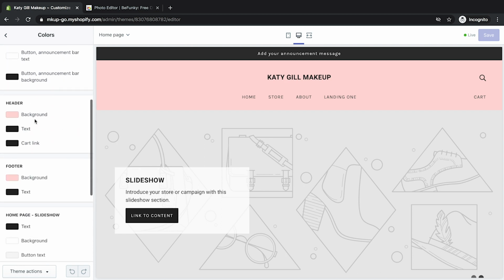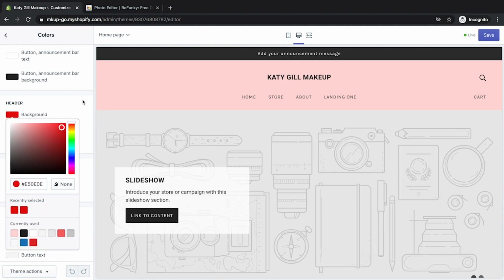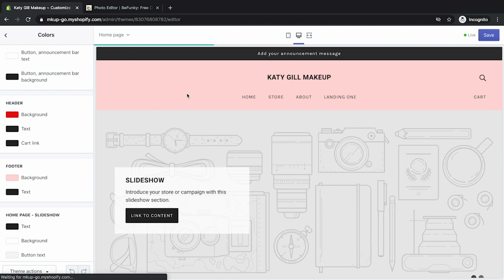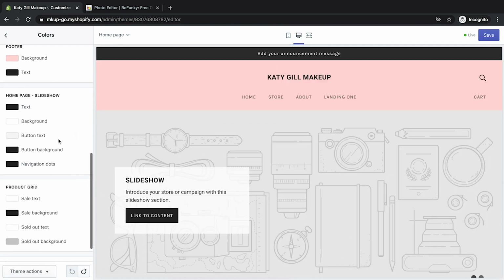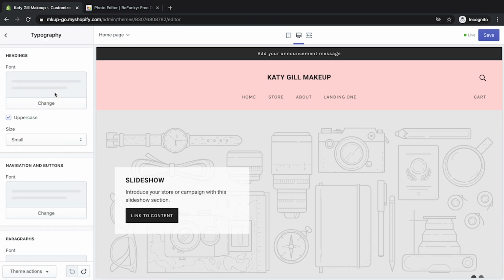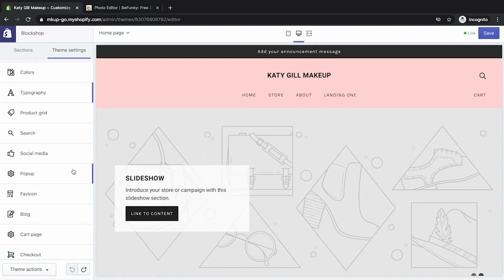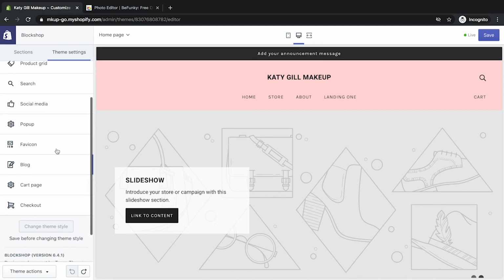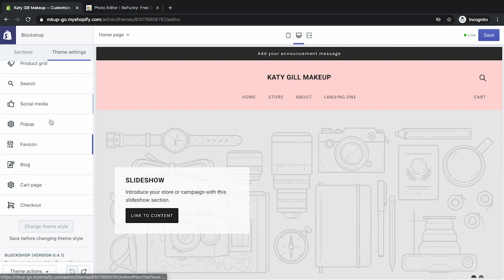So for instance, a header, you see it's pink along the side at the moment. We can go through and just change the color, click off, give it a second, it will update, and you can see it's pink. And at the bottom, red. And at the bottom, we can undo it, so it goes back to where it is. You've got your footer, you've got the slideshow, you've got your product grid, all the other things here. So if we go back, typography, this is where you can change the style of font that you can use. And we've also got social media, pop-ups, favicon. Favicon's a little bit that sits up here, so you can add in a favicon image.